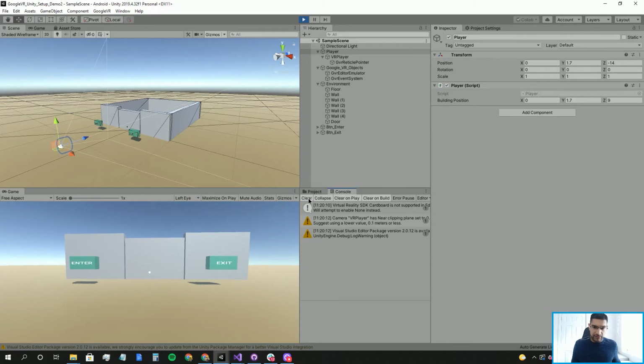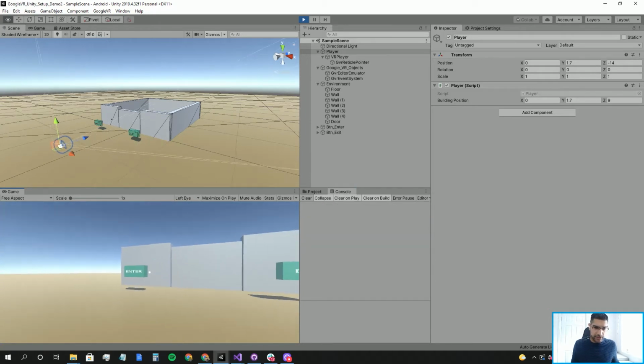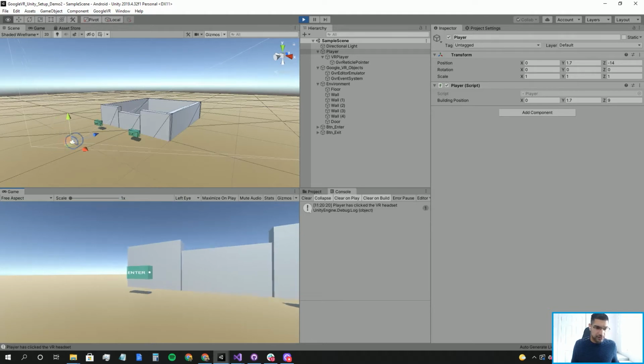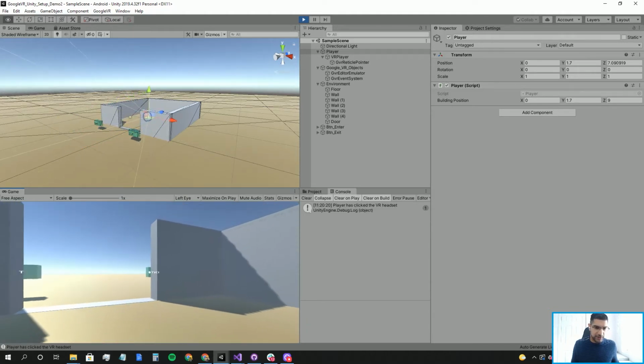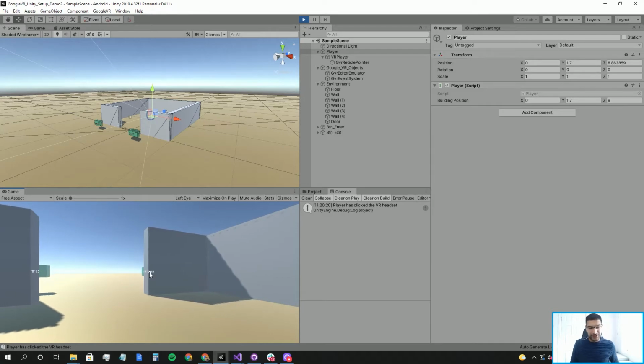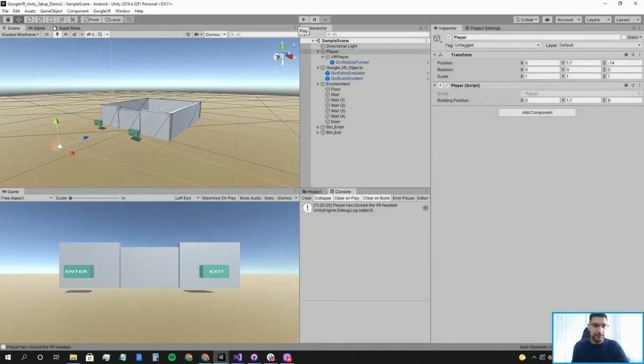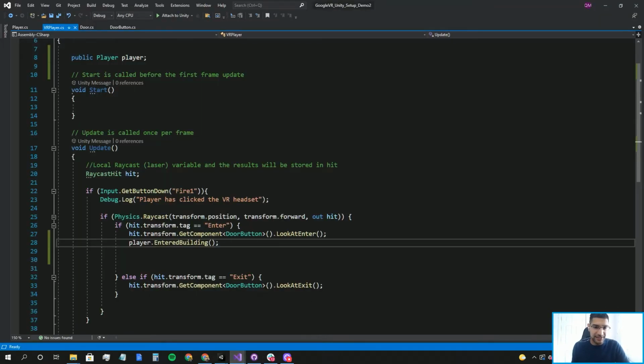Okay, so we have got code to say when you click the Google VR headset and you've hit the enter button, open the door, and also call another method to change the player's target position to the building position. But we've had to manually set that position over here as well. There are ways you can not manually set it, and tell it to look for a random range between a certain set of numbers or parameters. But okay, what we're going to do, let's now delete some of that stuff,